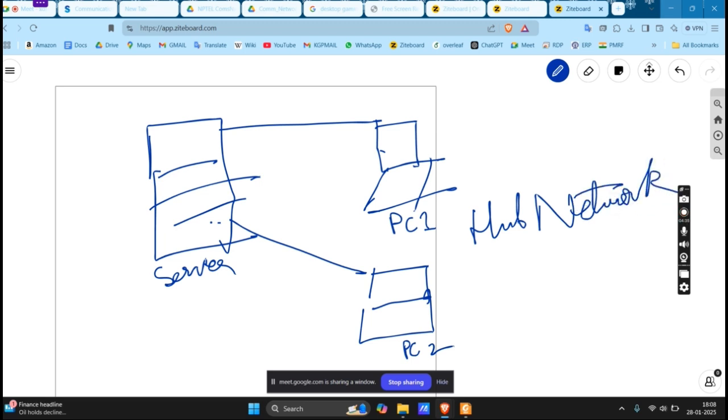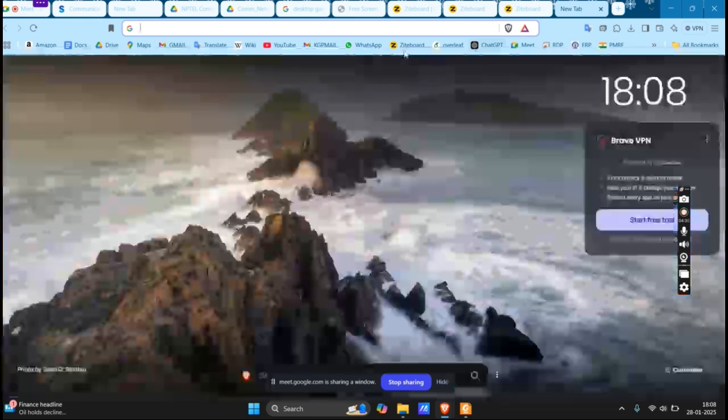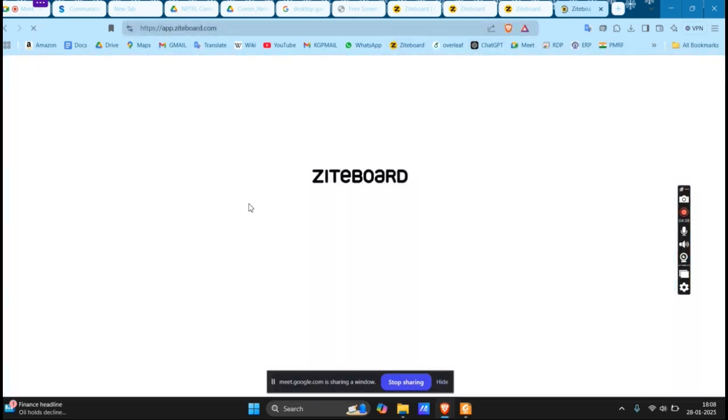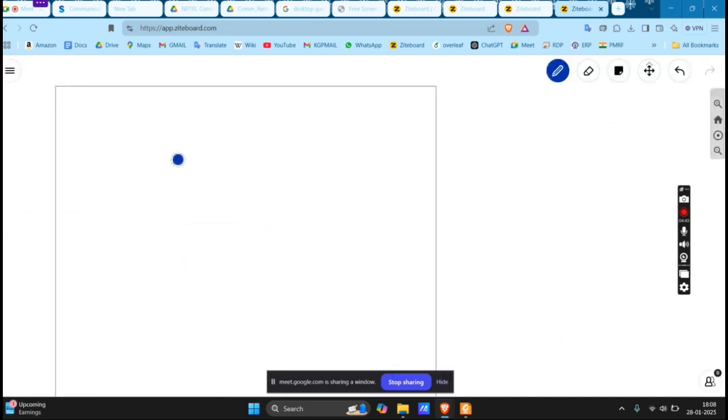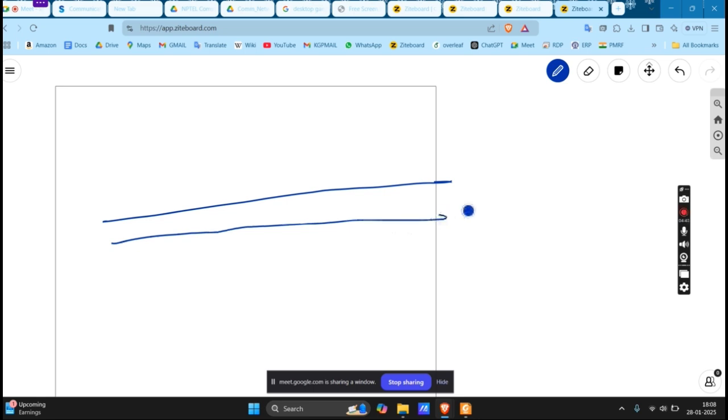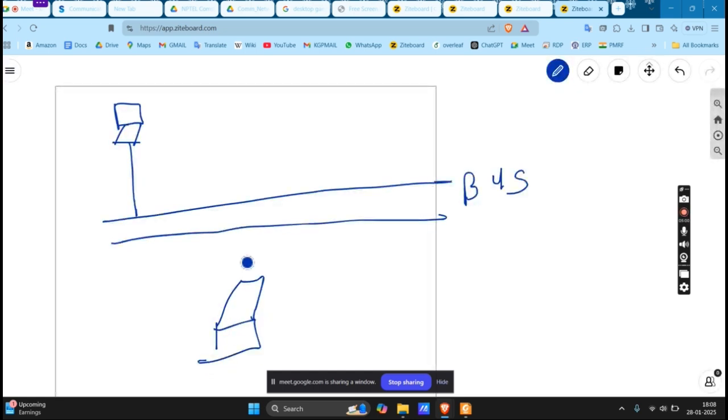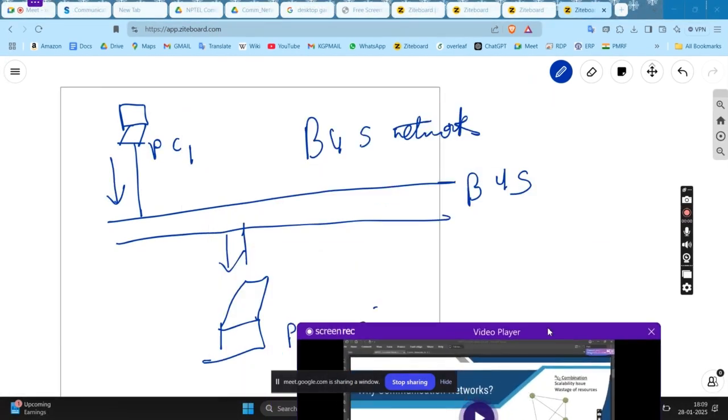And then there is a final type, where there is a central cord line. This cord line is called a bus, and we directly connect computers to this bus. This is known as the bus topology or bus network. So here PC1,